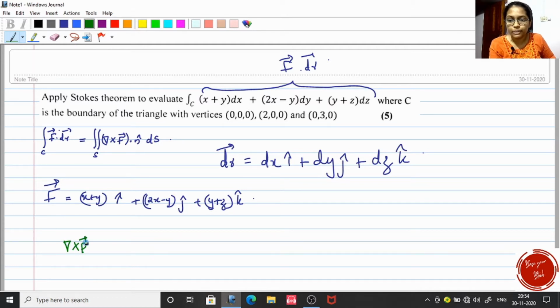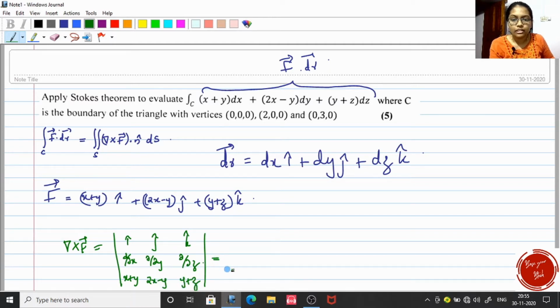Del cross f means it's the determinant of this 3 by 3 matrix: i, j, k, and the i, j, k components of del are dou by dou x, dou by dou y, dou by dou z, and the i, j, k components of vector f are x plus y, 2x minus y, y plus z. So it is i cap into derivative of y plus z with respect to y, dou by dou y of y plus z, minus dou by dou z of 2x minus y